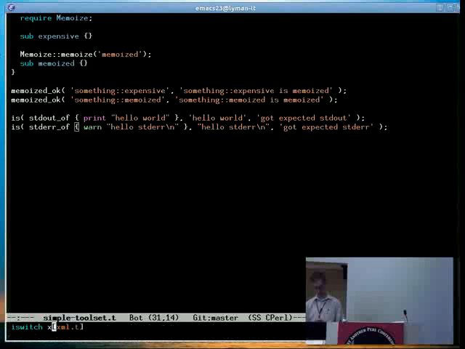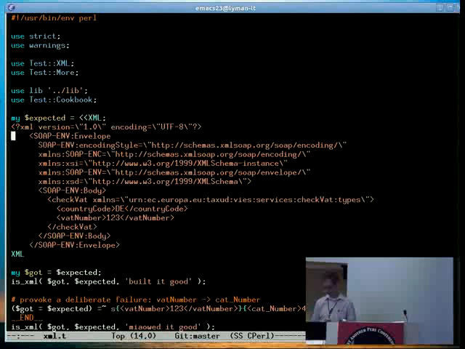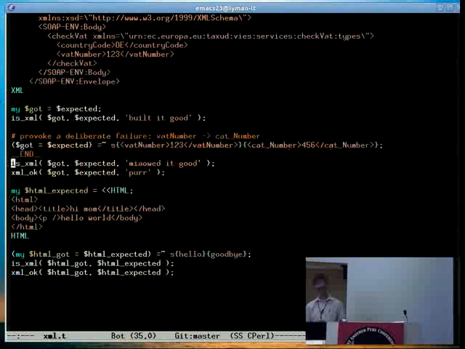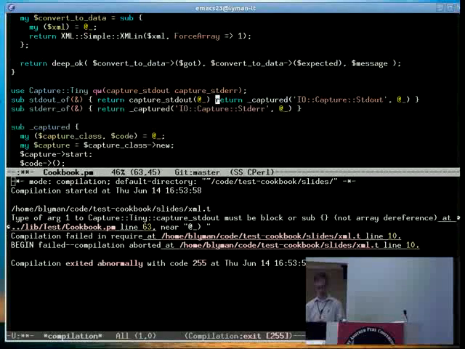Yeah, all right, so let's go back to slides. Oh yeah, XML-OK is kind of an interesting one also. I expected there not to be anything really good for XML testing, and I was happily surprised to find out that there's Test::XML, which provides isXML. So if we have this rather arbitrary-looking SOAP envelope, which is for talking to some EU service and validating VAT numbers,